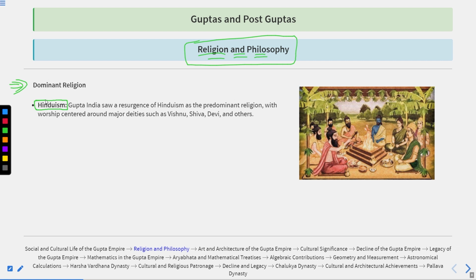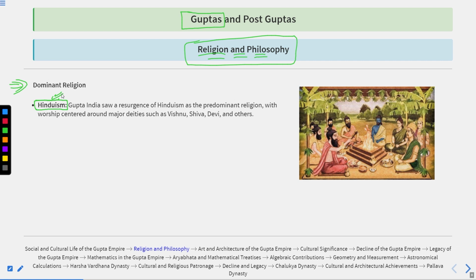But when Shri Gupta laid down the foundation of the Gupta Empire in the area of Magadha, and then Ghatotkacha expanded the empire westwards, Chandragupta I came into the picture. Then Samudragupta took the empire up to southern India as well. Then Vikramaditya II and others. All these rulers expanded the empire, and because the Gupta Empire was also based on Hinduism, that's how Hinduism revived again.